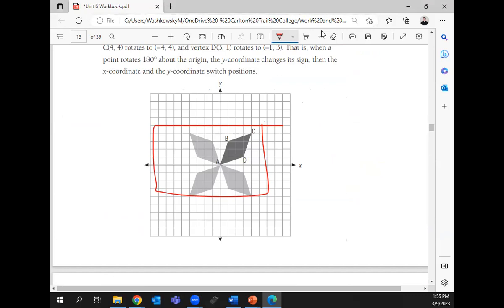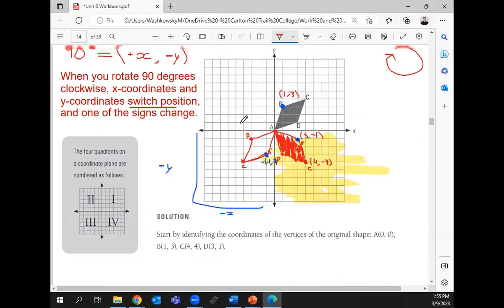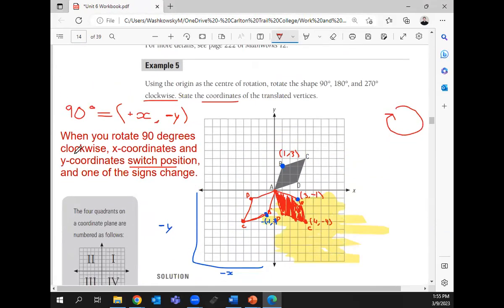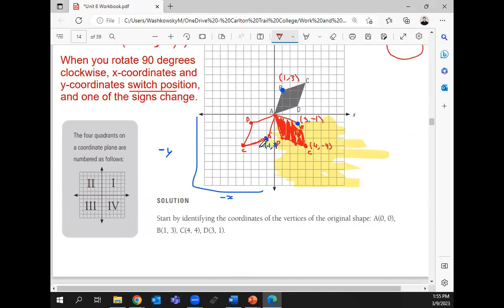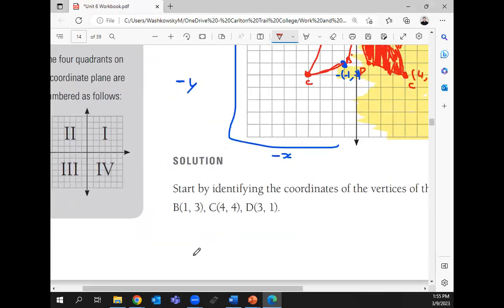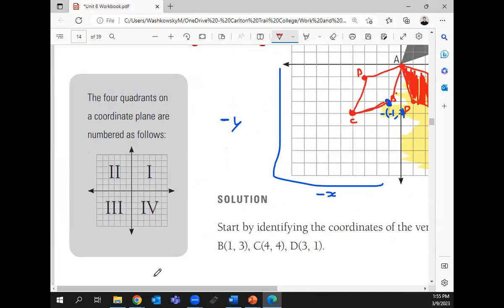In case you're ever unsure, you can come back to this, and specifically this rule. Now, the one key thing here though is clockwise, right? Sometimes you're going to get asked to do it counterclockwise, or they're not going to tell you anything, because technically how mathematicians have numbered this is how you see here. If it wants you to go from the first quadrant, the one we're used to working in, to the second quadrant as it's labeled here, that's not clockwise. That's either a 90-degree turn counterclockwise, or a 270-degree turn